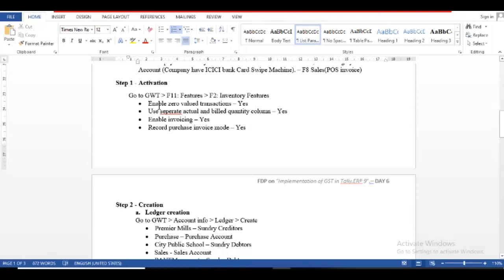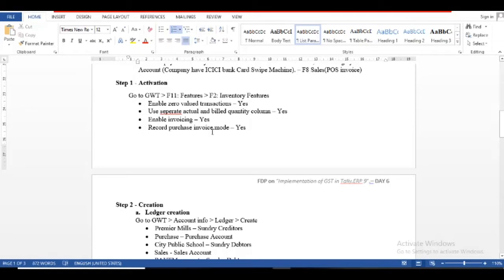First we enable zero value entry for sample purchase. Yes, and then use separate actual and billed quantity columns, for the buy two get one free offers. Okay, we enabled it. Enable the invoicing, record the purchase invoice mode, yes.